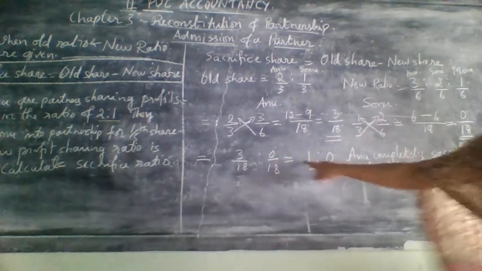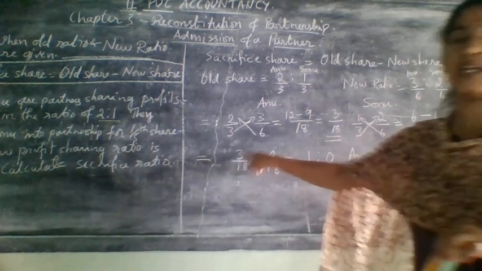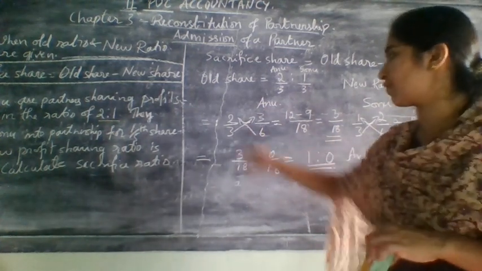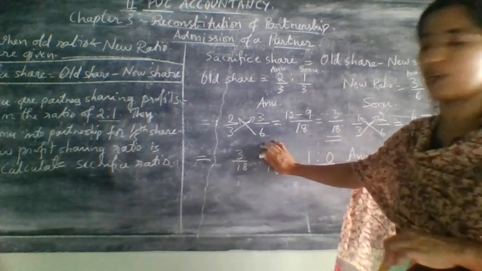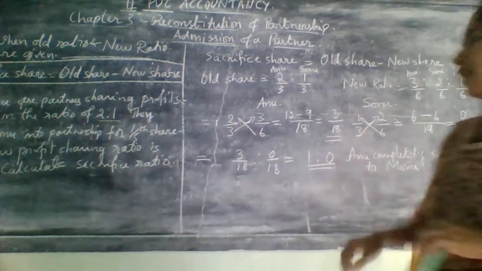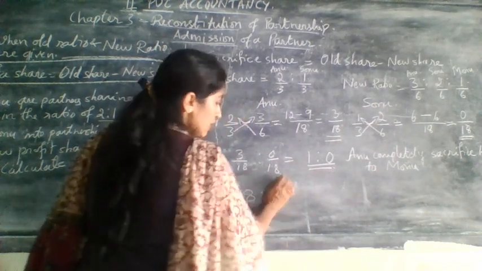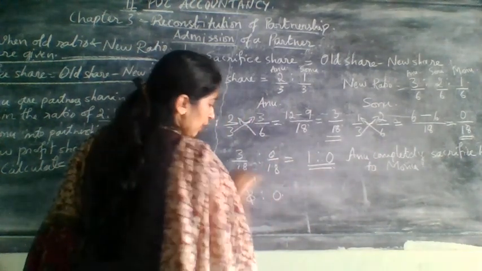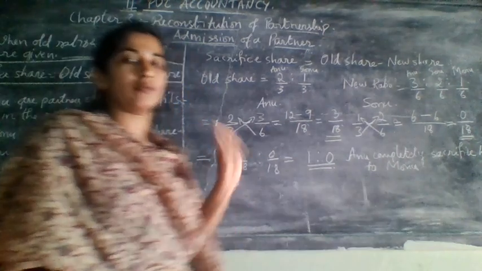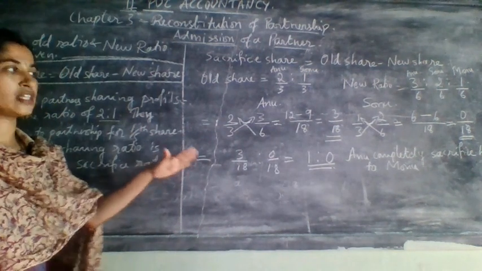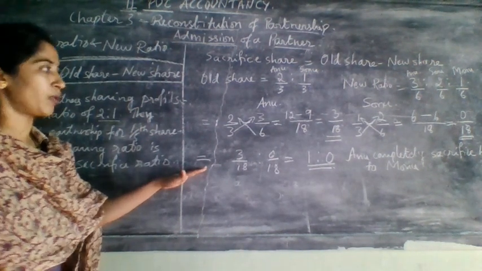Understood? Why can we write this 1? Because for 3, you can simplify it as 3 ones are 3, and for 0 there is no need to consider it. That's why you can write this. If it came as 8:0 also, the 0 will not be there. Again you can write it as 1, because that portion is complete. 8 ones are 8, and you can write 1 here. Okay, so this is one method of doing the problem.